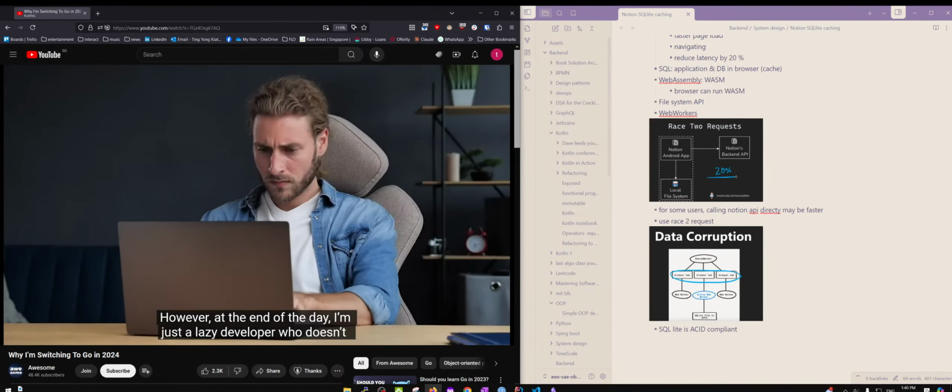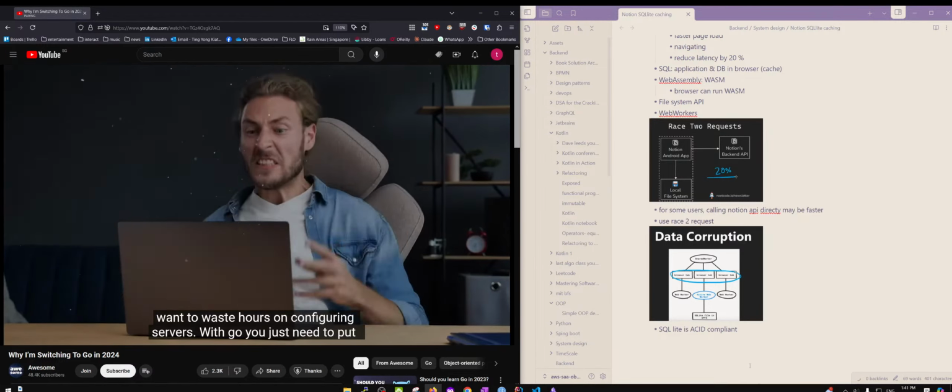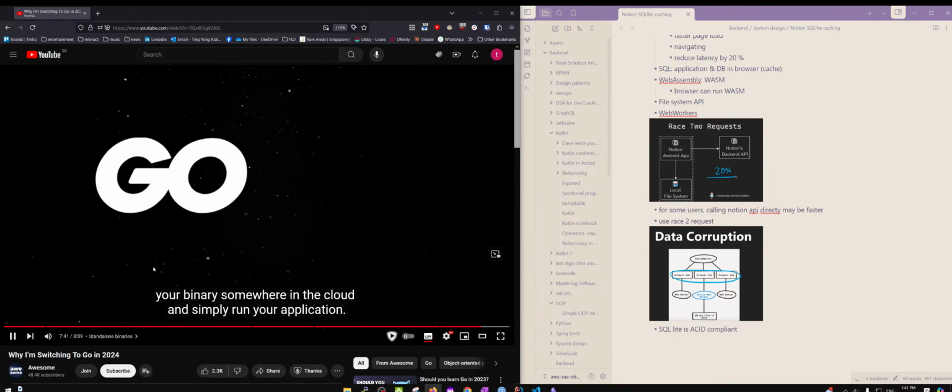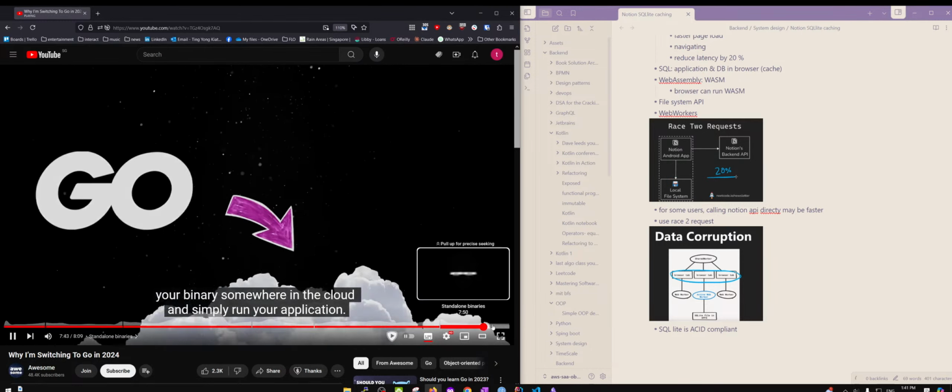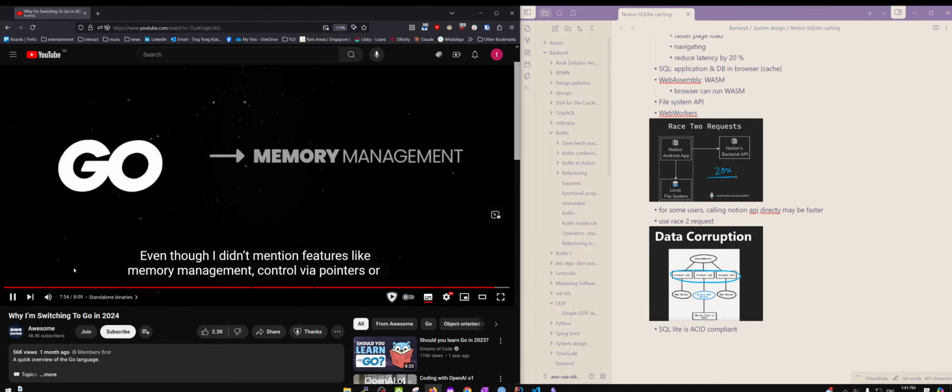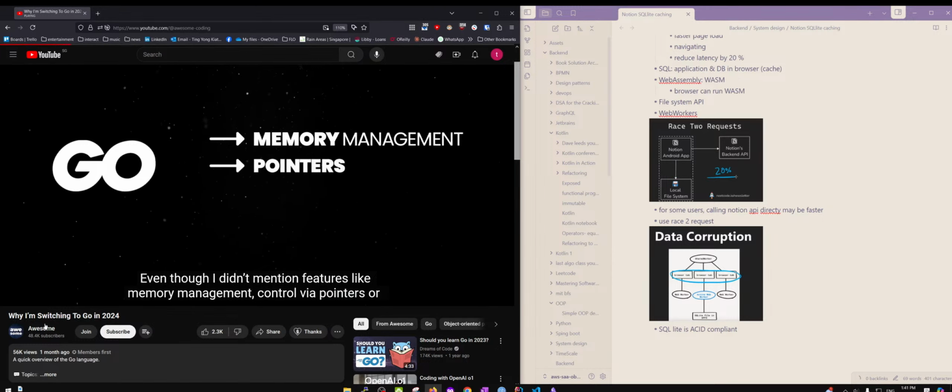However, at the end of the day, I'm just a lazy developer who doesn't want to waste hours on configuring servers. With Go, you just need to put your binary somewhere in the cloud and simply run your application. I didn't mention features like memory management, control via pointers, or the